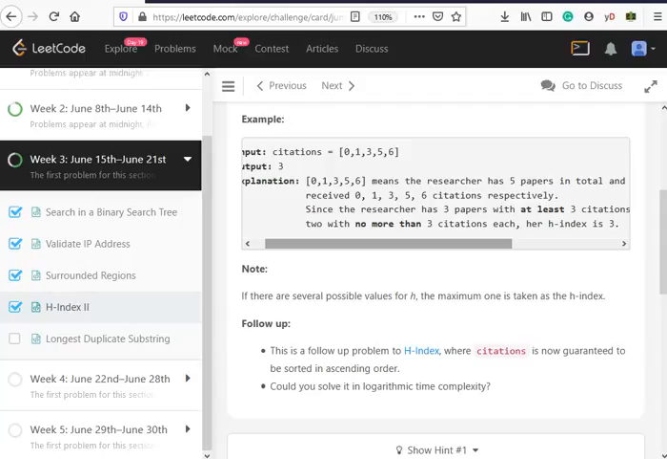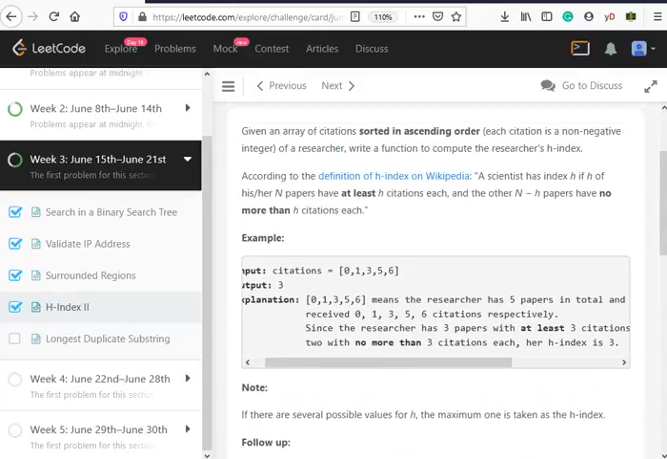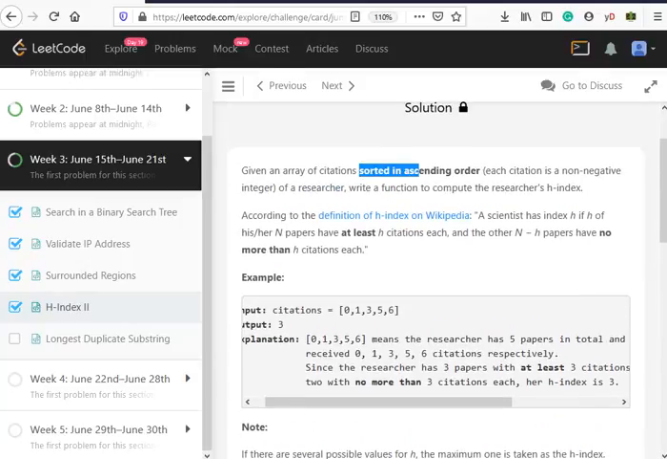Now there is also a note over here which says that if there are several possible values for h, the maximum one is taken as the h-index. So yes, there might be several other possible values, but one thing we have to take from here is that it's sorted in ascending order, right? So now from this point, since this is sorted in ascending order,